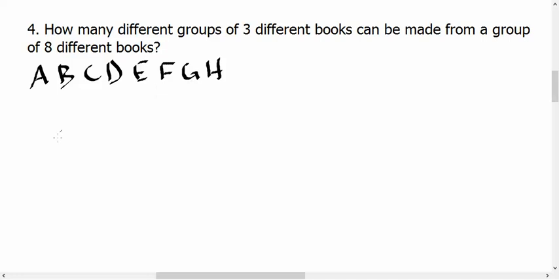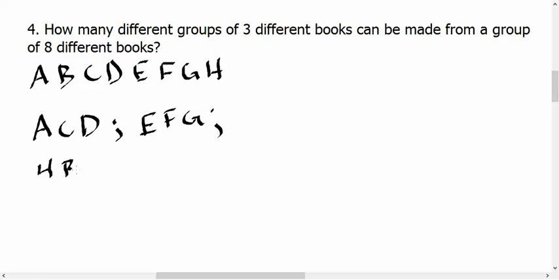So we've got 8 different letters here. So one group of 3 of these books would be, well, A, C, D. Another group might be, let's separate that, like, I don't know, E, F, G. Another group, whatever, H, B, C. You get the picture. Now, if I had, however, said HBC and then CHB, well,